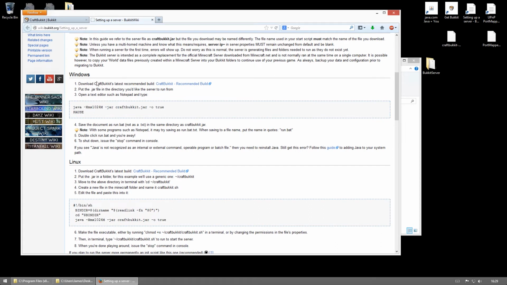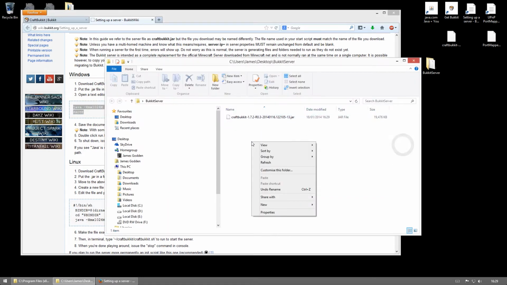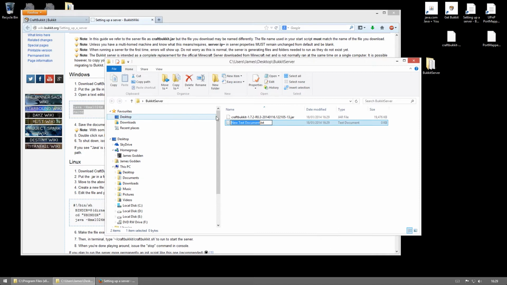It says download the CraftBukkit, and so on. Grab this text. That's what it wants you to do. So I'm going to do that. I'm going to copy that text from here. And basically you want to create a new file in your Bukkit server folder. So I'm going to create a new file. I'm going to make it a text document for now. But I'm going to replace that name with